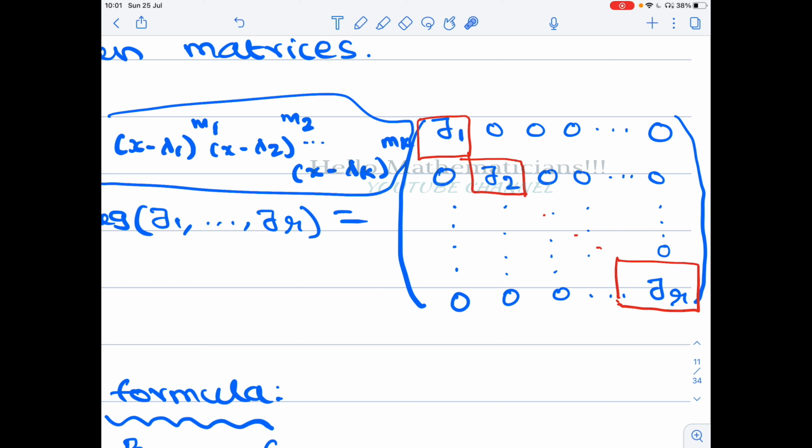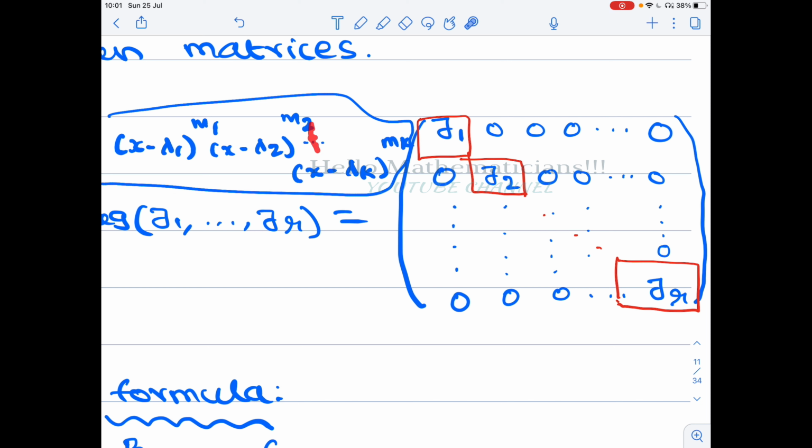Now, when you have a Jordan matrix, you want to understand the algebraic multiplicity and the geometric multiplicity of the eigenvalue lambda 1 particularly. Assume this: for each of the eigenvalues you have one glass, like one cooling glass you wear in your eyes. So for each eigenvalue you have one such glass.